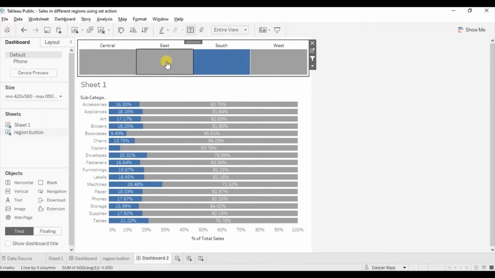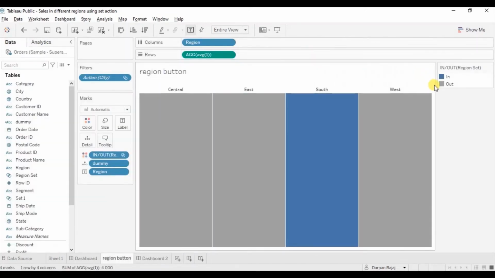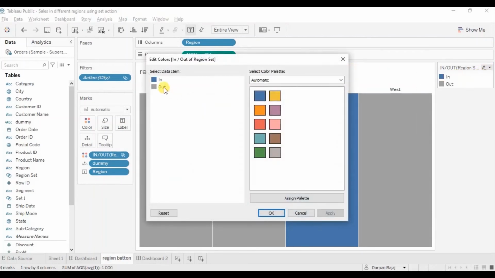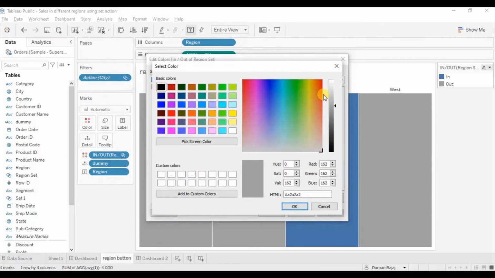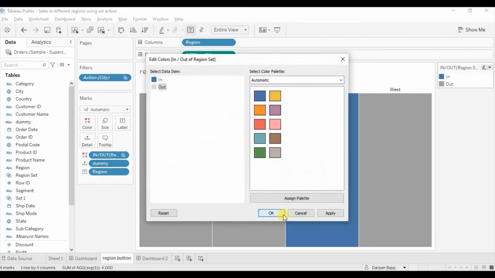Now let's edit the colors. Let's select a light gray color for the regions that are not selected. So go back to this sheet, click on the drop down and edit colors. Drag it to light gray, click on OK.